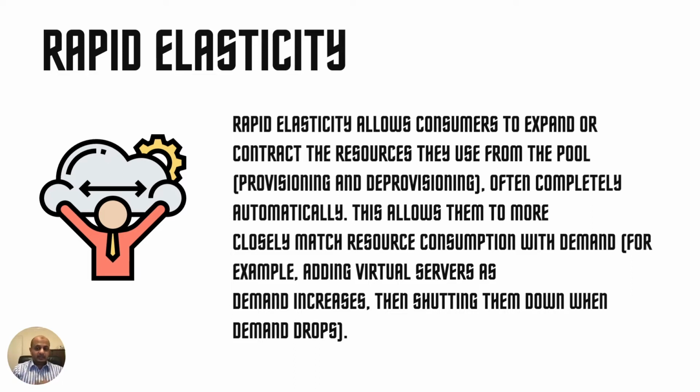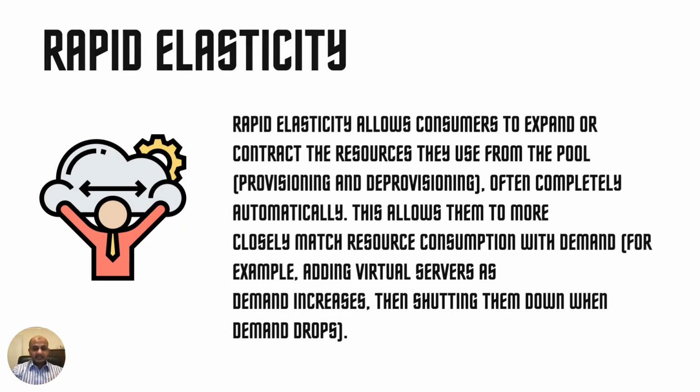You can move from one service to another without a big change to your IT infrastructure. Unlike on-prem, where a lot of things would have to be done, rapid elasticity simply means you can expand or contract your resources from the pool. Okay, you can provision and deprovision things automatically, and this can match your resource consumption. So maybe on weekends the load is more, you can increase your servers at that time, and on normal weekdays the load is medium, so you can decrease your servers at that time. So it becomes very, very efficient, right? You are creating and deprovisioning things on the fly, and this also helps to optimize your cost and everything.